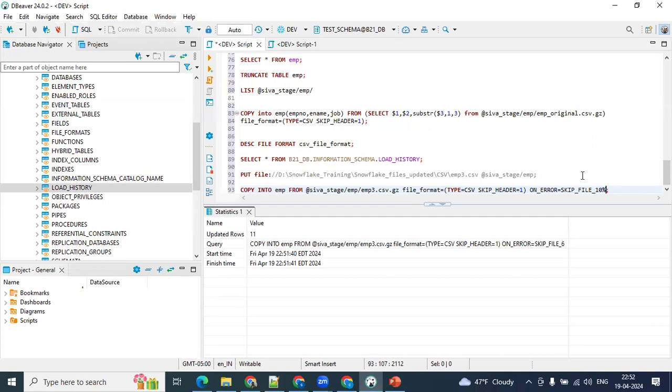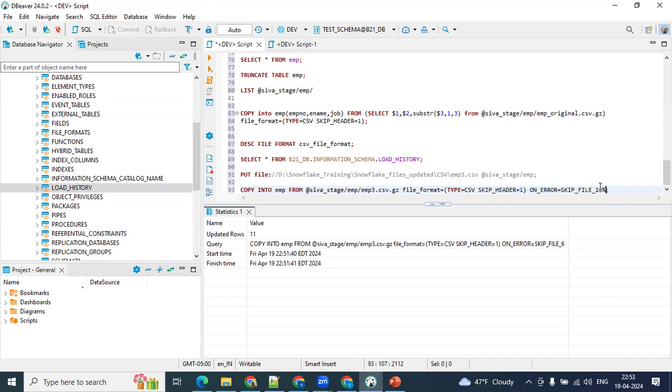Then we don't need to limit it to an exact number. You can express this in terms of percentage also. I want to allow 10% of errors. If more than 10% of the records in my file are errors, then I want to skip it. I know that every day I'm going to get bad records, but my business is asking me to allow